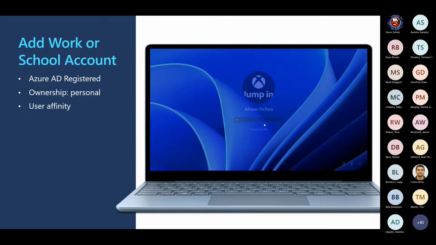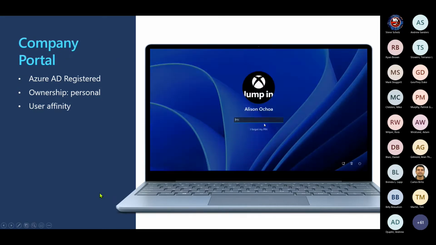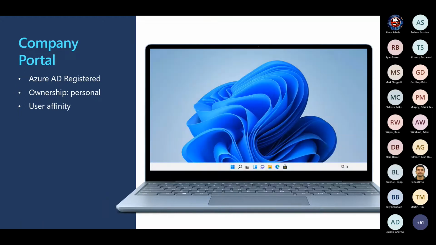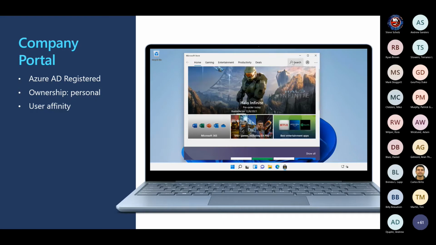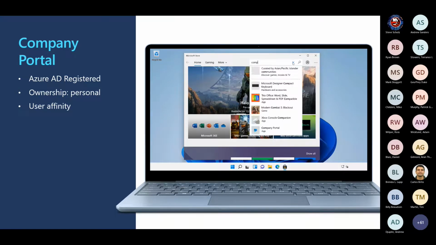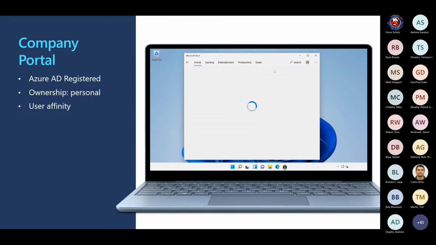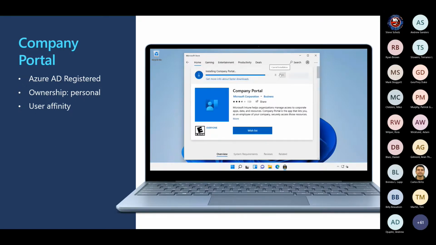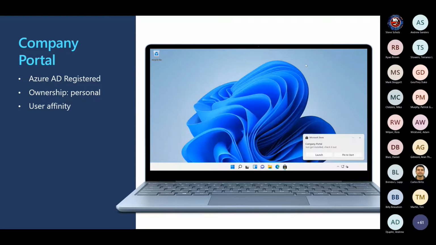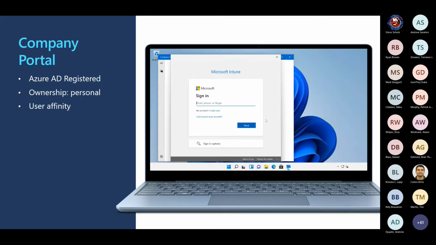Okay. All right. So now let's go to the workflow, the company portal. And again, this workflow is extremely similar here. She logs into her device, but this time she's going to have to go get the company portal app from the store to be able to complete the workflow. And the nice thing about leveraging the company portal here is once she completes that process, not only can she get the device successfully enrolled into her organization, she can also get single sign-on as a result, because it triggers, if you recall, a very familiar path, which is the modern app sign-in flow,